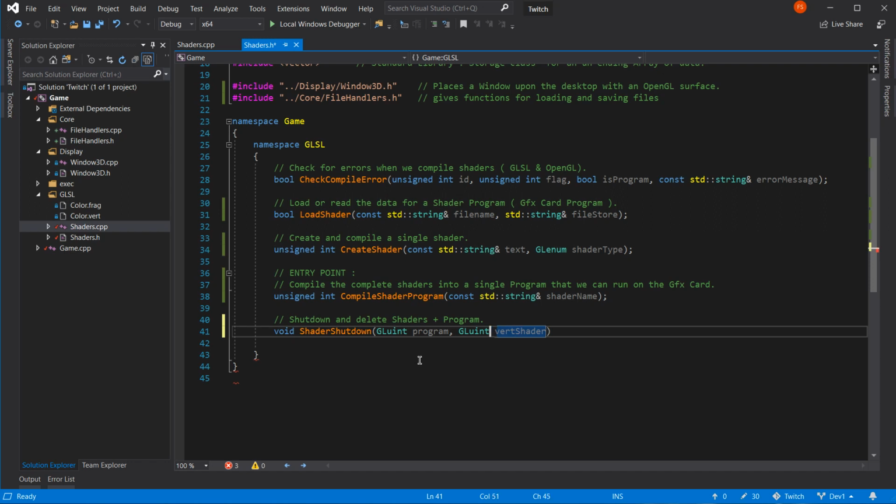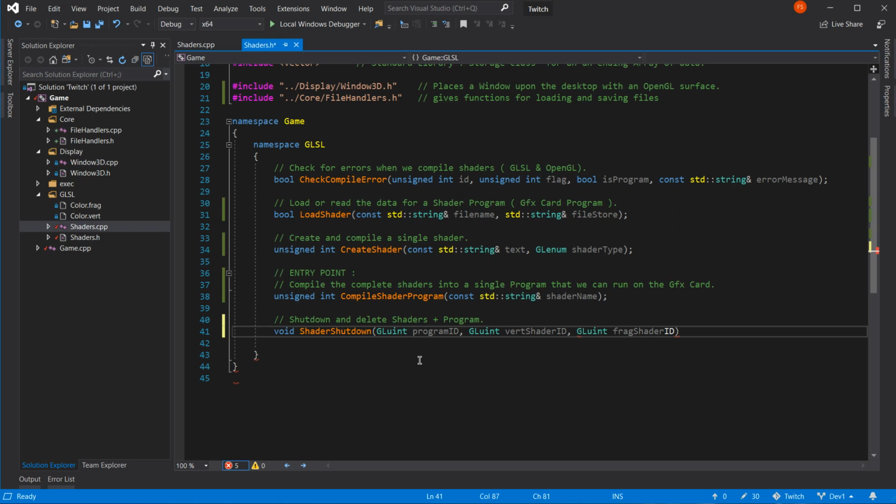Ah, yes, let's do it that way. Yes, program ID. Vert shader ID. And GL uint frag shader ID.